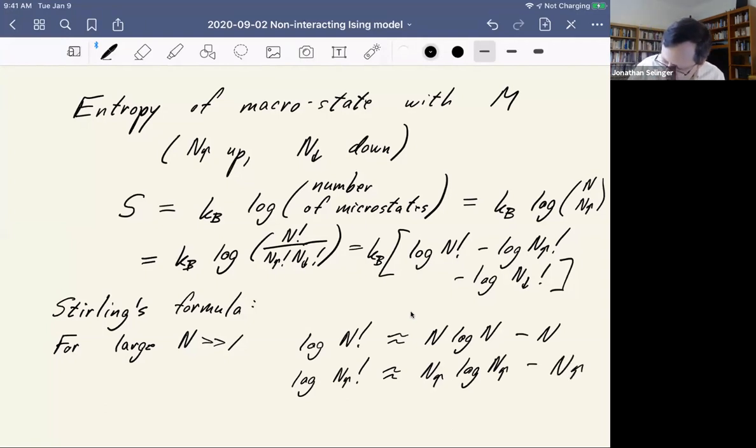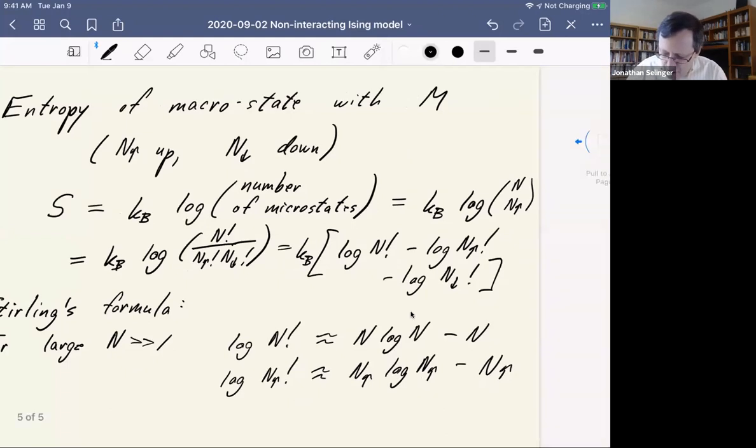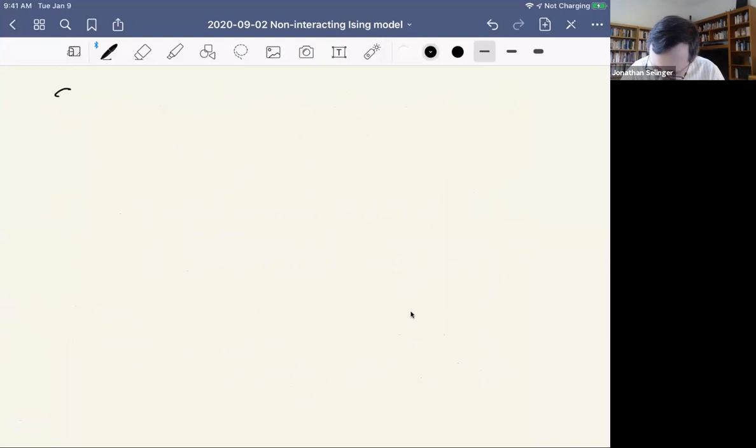Okay, so this is actually an excellent approximation when n is a large number, and a typical crystal might have 10 to the 23rd spins in it, which is an enormous number. And so this formula works extremely well. Okay? So let's put that formula into the equation for the entropy. So it gives us that the entropy is equal to Boltzmann's constant